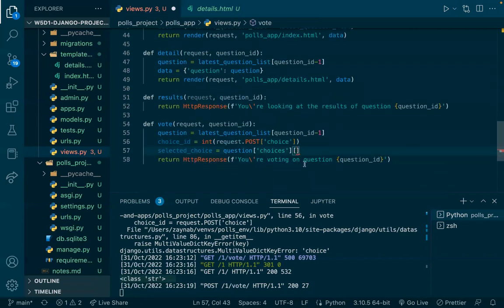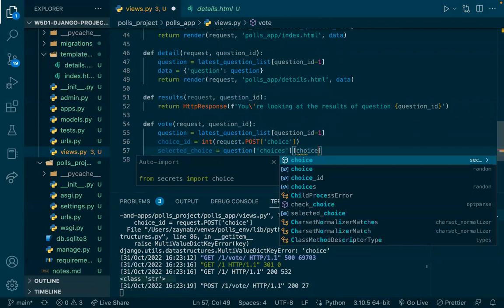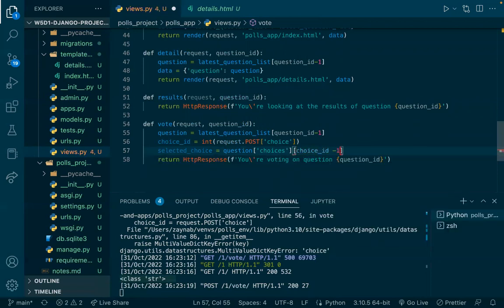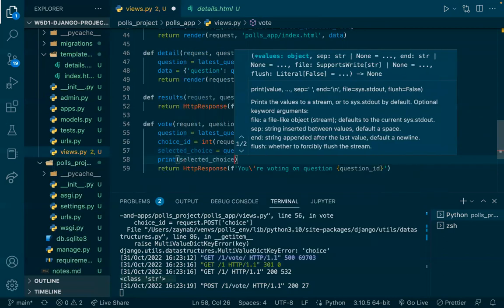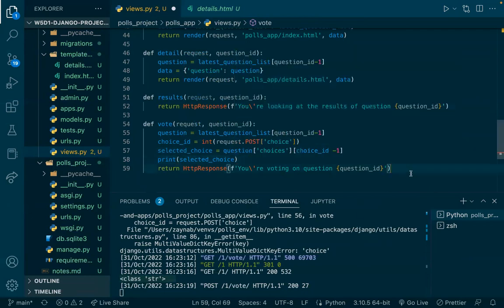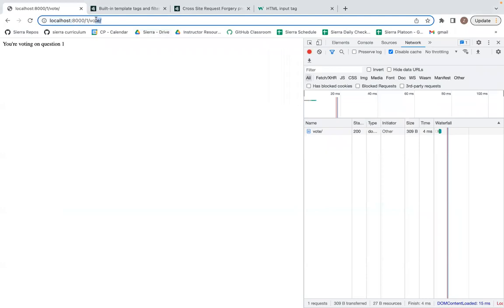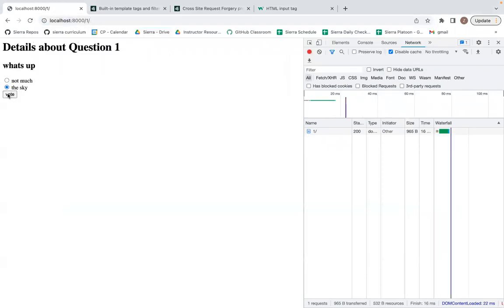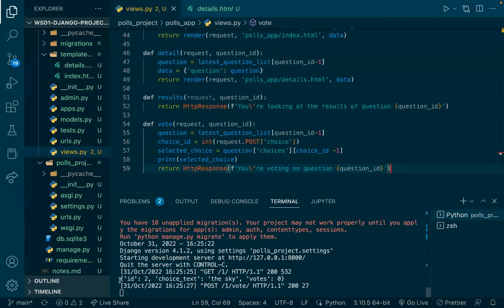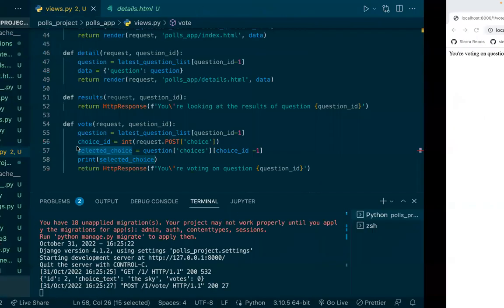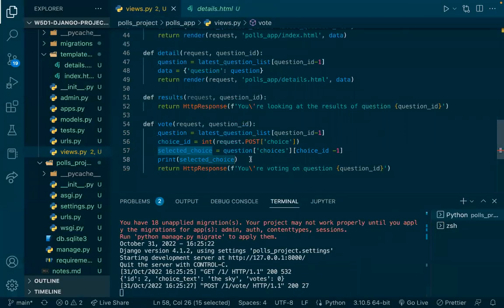So we're gonna say choice ID -1. Okay, and this should pull out my selected choice. And I can just actually print out my selected choice real quick. Okay, save. Okay, I voted. So now the choice that I selected was the sky, which was what I voted on. Oh, it went away, but yeah, that was what I voted on earlier, which is correct. And so now,